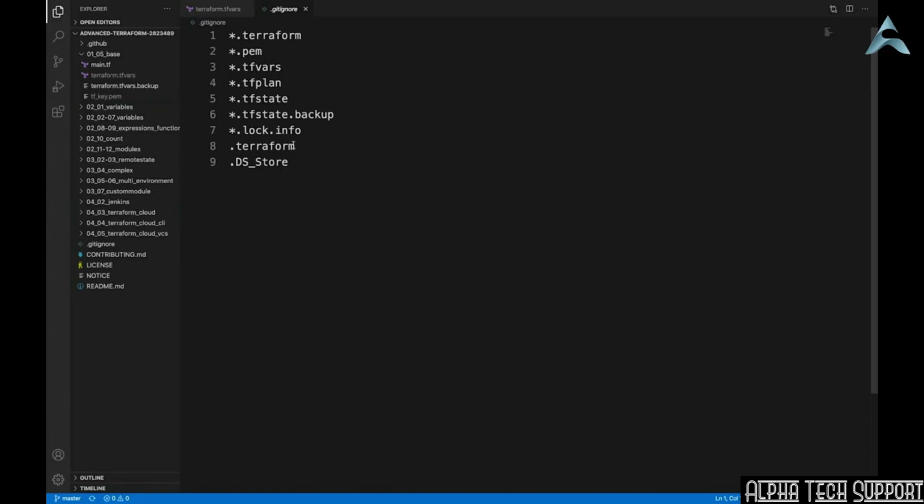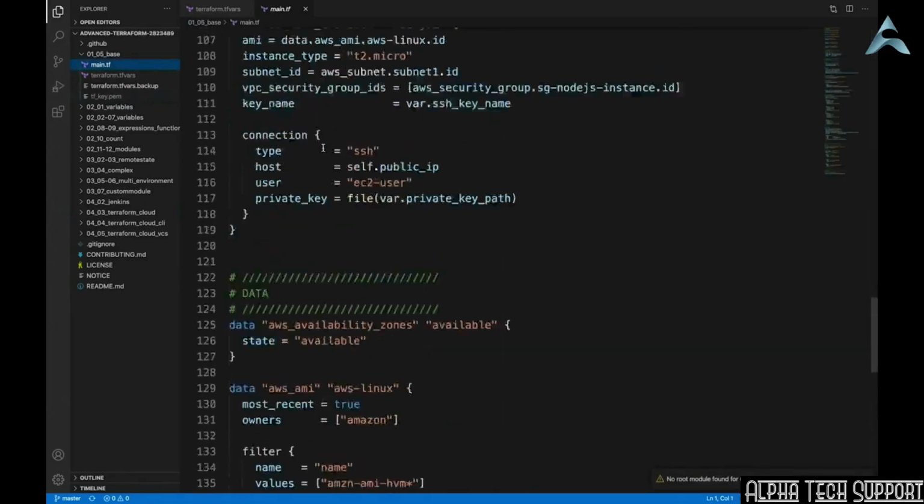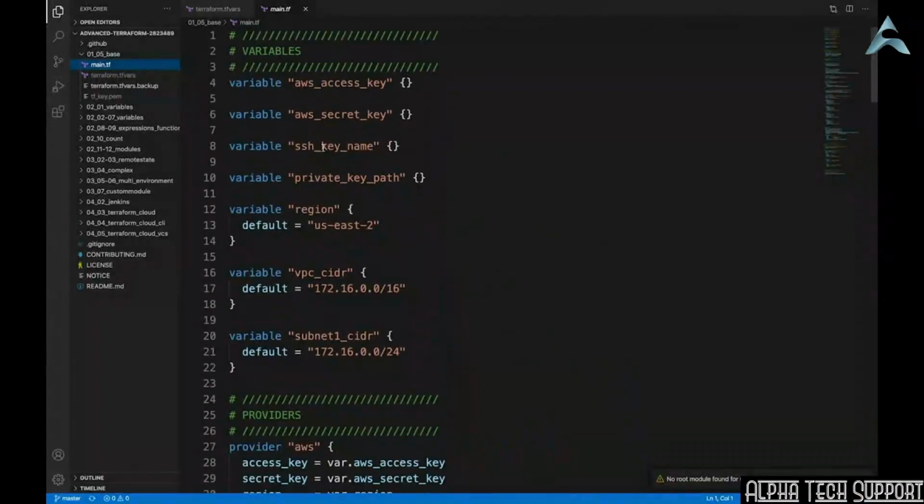Let's take a look at the main configuration file. I've used comments to indicate sections of the configuration to make it easier to read. The first section is the variables. Using variables, we can create placeholders for values used by the configuration to deploy resources. We can define the values at execution time in a file or on the command line. Using variables, we can create a configuration that can adapt to a wide range of requirements just by setting their